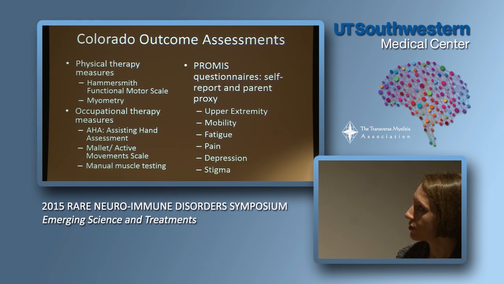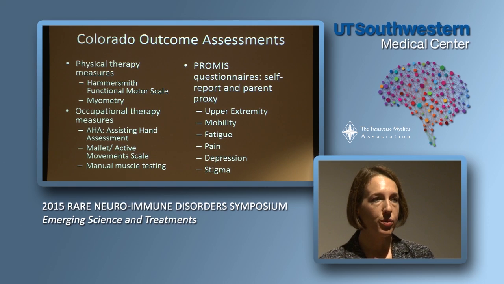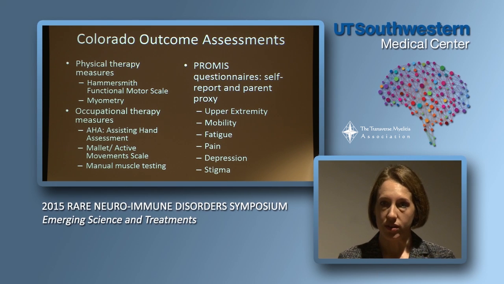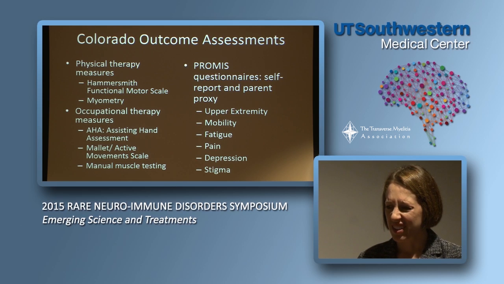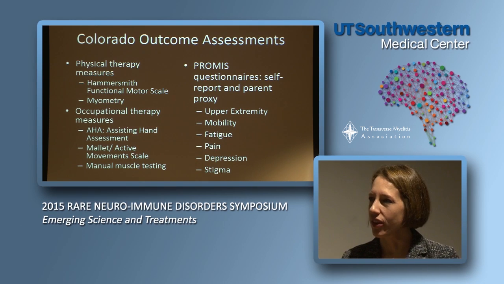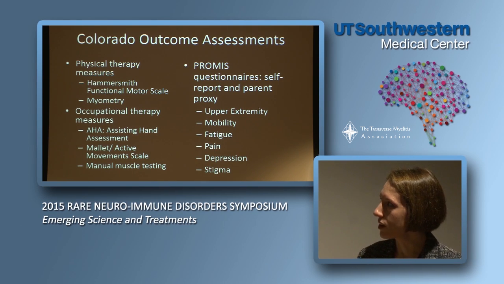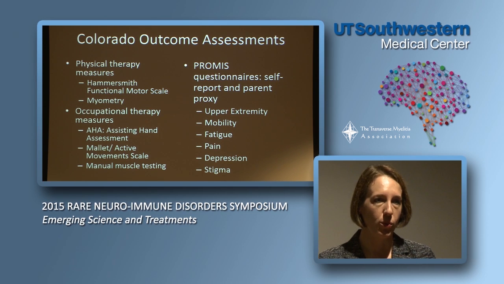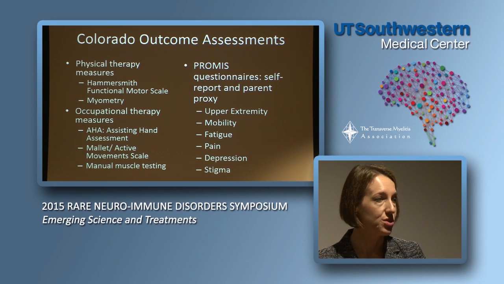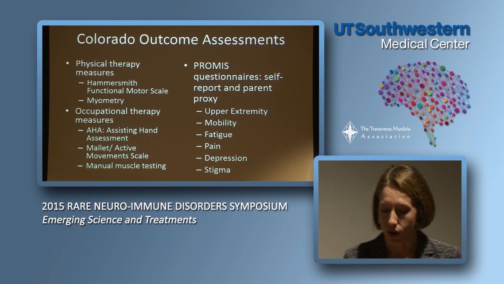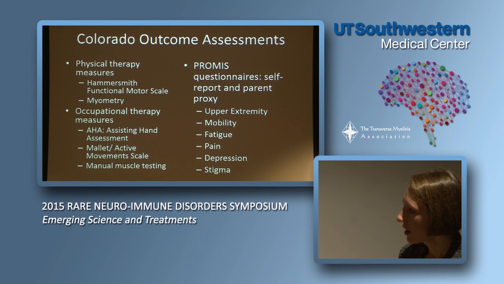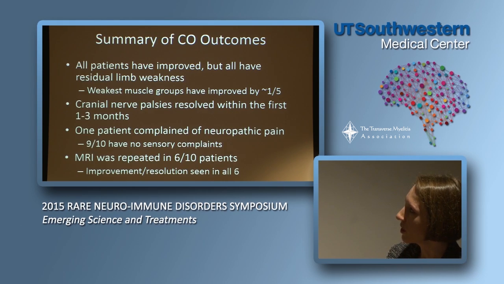And so we're using different measures and physical therapy and occupational therapy scales, and then also questionnaires that both the kids and sometimes the parents are filling out to get at how they're functioning in their lives, because it's not just what your number is on this score, but whether or not you're finding it easier to function in your life, whether or not you are working better, whether your mood is better, your fatigue, pain, etc. These are the different scores that we used.